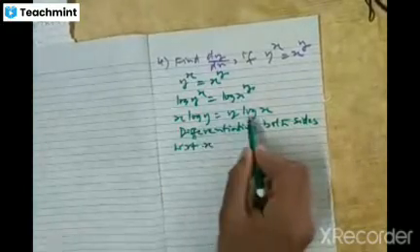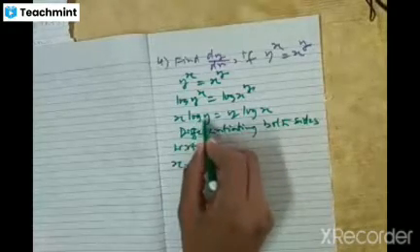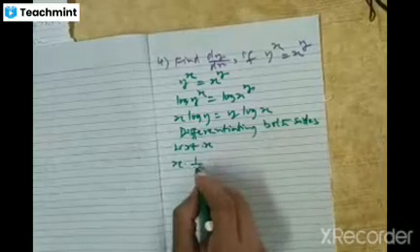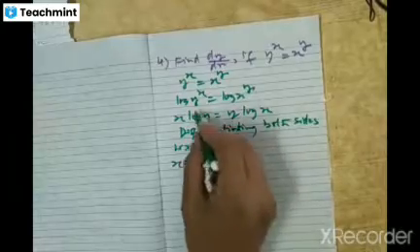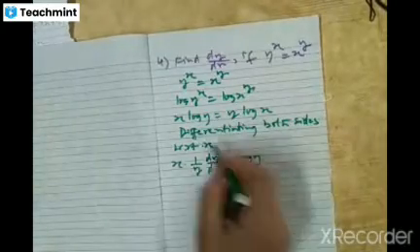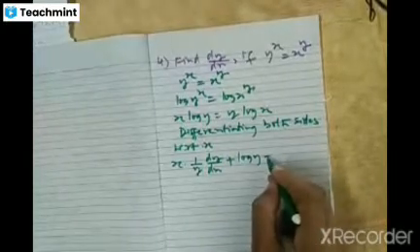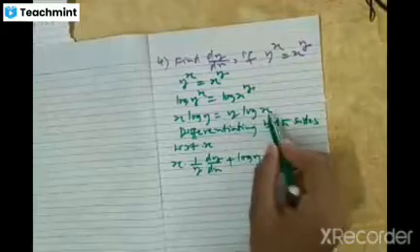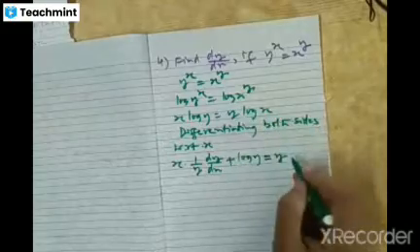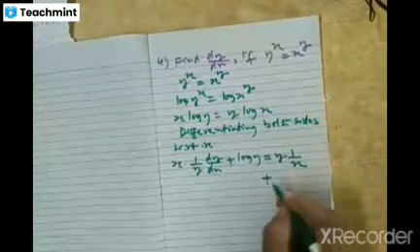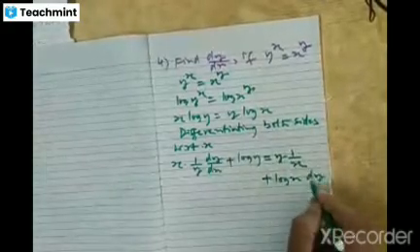We get, you have to use product rule on both sides. First function x, d by dx of log y, you have to use chain rule. d by dx of log y is 1 by y into dy by dx, plus second function log y into d by dx of first, d by dx of x is 1, is equal to right side. Again use product rule. First function y into d by dx of second, d by dx of log x is 1 by x, plus second function log x into d by dx of first, that is dy by dx.